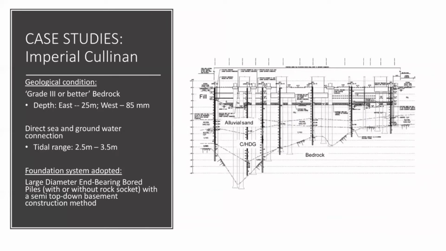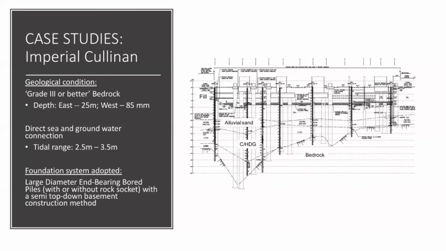The depth of the grade 3 or better bedrock of the site has been investigated to range from 25 meters at the east to 85 meters at the west. Furthermore, there are direct connections between the groundwater and sea level, where the tidal range varies from 2.5 meters to 3.5 meters. Regarding the ground condition and the economic concern brought by the price fluctuation of steel during the time, the developers adopted the large diameter bored pile with a semi-top-down basement construction method,